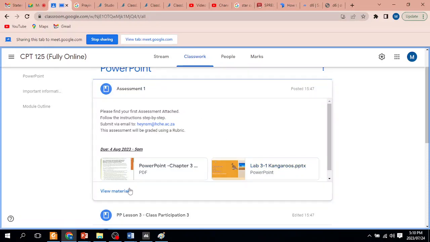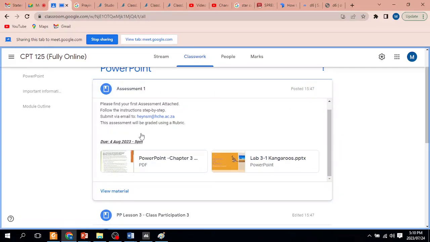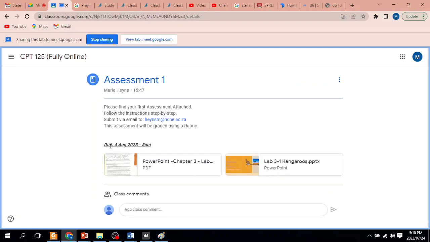So I'm saying all of this for next week, Friday. When you view material, you will see the due date is the 4th of August. That means next week, Friday at 5 o'clock. You don't have class on Fridays, but I'm saying Friday because there's about 4 or 5 hours where no one is supposed to have class on a Friday, which is from 1 o'clock, and that will give you some time to do this. But don't leave it for Friday. Try to finish it. For this kind of assignments, I'm not that lenient. So please do submit on or before the 4th, because